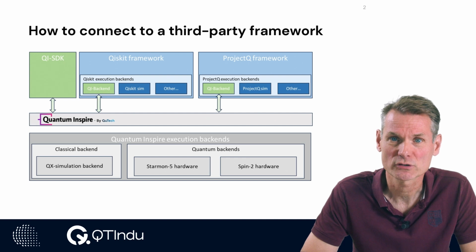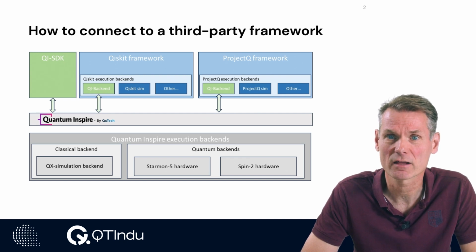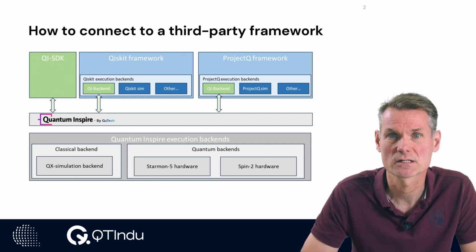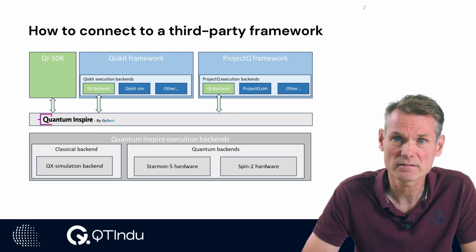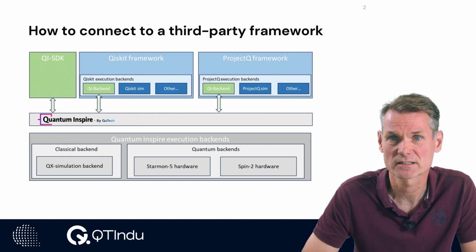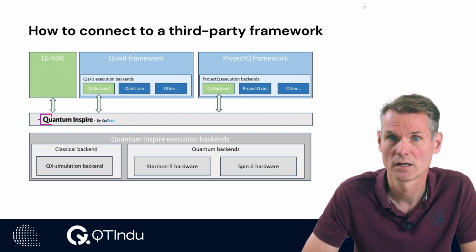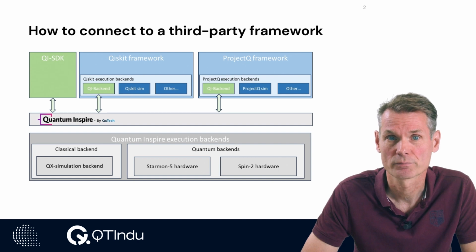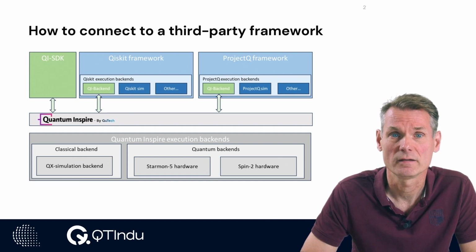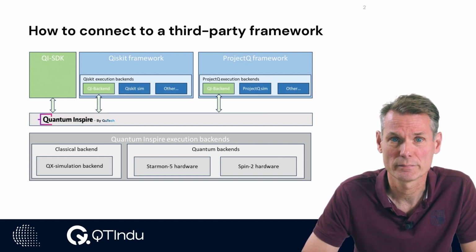In the Quantum Inspire repository, several examples for running algorithms via the ProjectQ framework can be found. Keep in mind that Qiskit is a very large software stack. It has many possibilities. In order to run the circuits built in Qiskit on the Quantum Inspire backend, it must be able to translate the Qiskit circuit to CQASM. When translation is not possible, QI SDK will report this. Sometimes an incompatibility can be resolved by adjusting the circuit a bit to the possibilities of the specific Quantum Inspire backend.